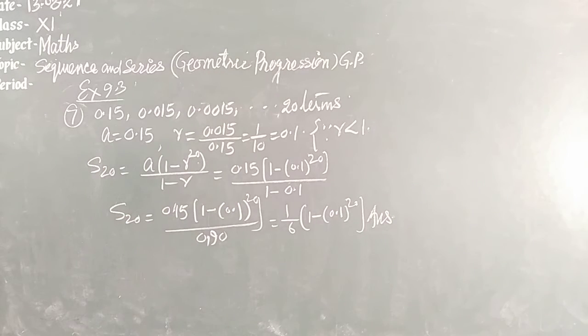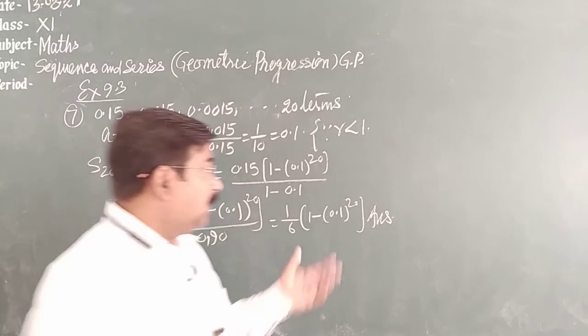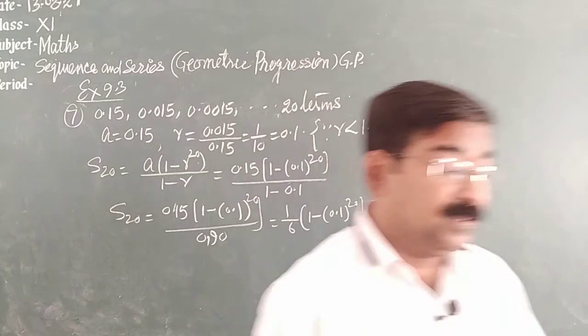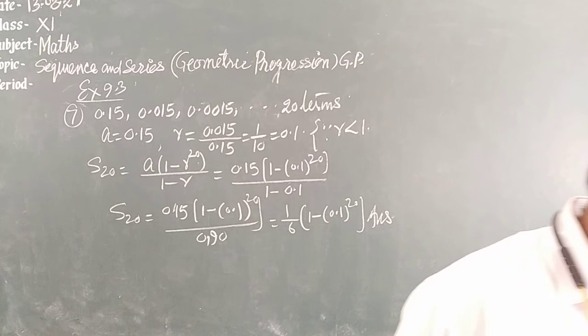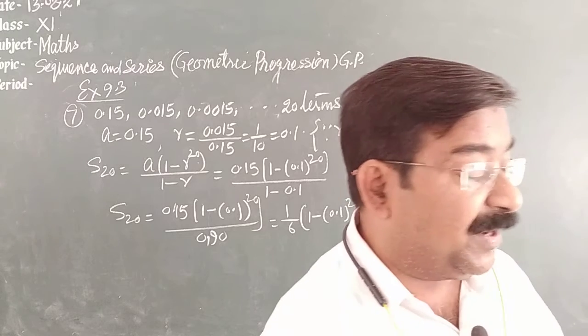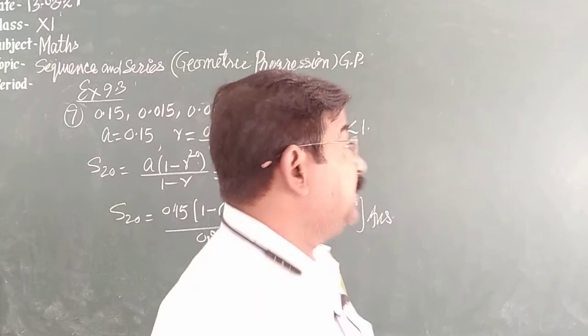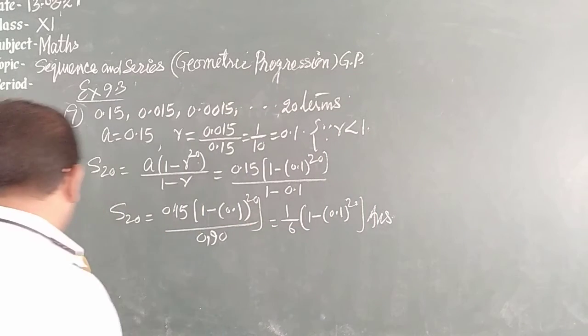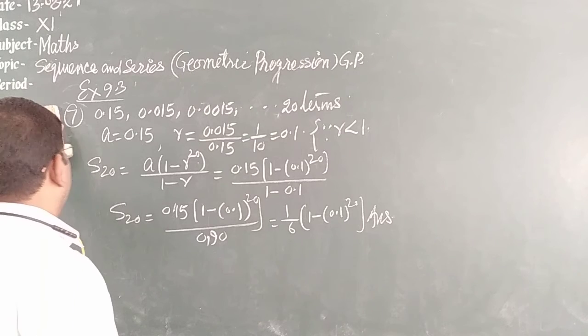So this is very simple question. You can adopt this formula and solve it. Now I am leaving question number 8, 9 and 10. I am solving the 9th question. 8 you can try yourself. The same thing we have to find every time. So question number 9, 8 and 10 are same. I am solving question number 9 to show you.